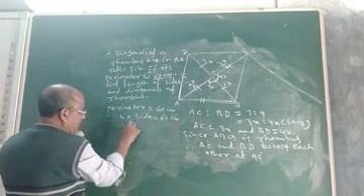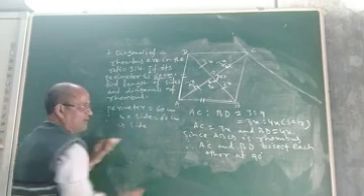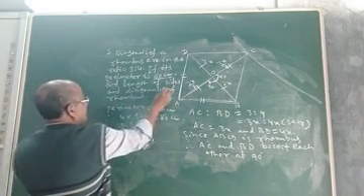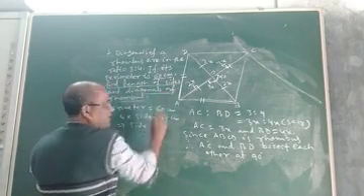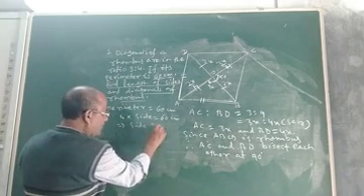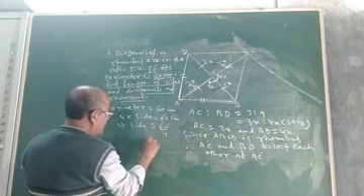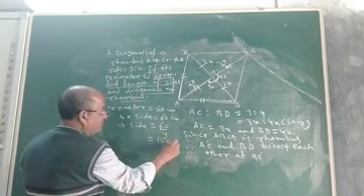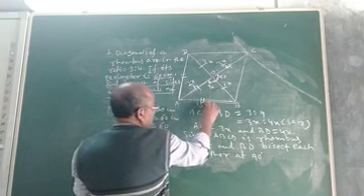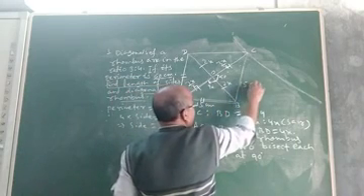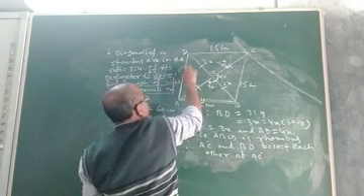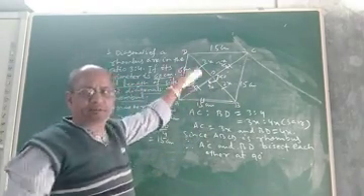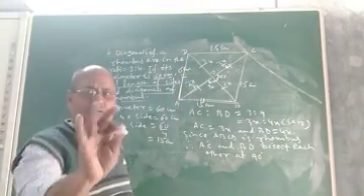So what will be the side? You find out what will be the length of side. The question is to find the length of the sides of the rhombus and then the diagonals. So each side will be equal to how much? 60 by 4, it is 15 centimeter. So AB will be 15 centimeter, this will be 15 centimeter, this will be 15 centimeter and AD will also be 15 centimeter. Now the length of each side of the rhombus will be 15 centimeter. So we got the side.